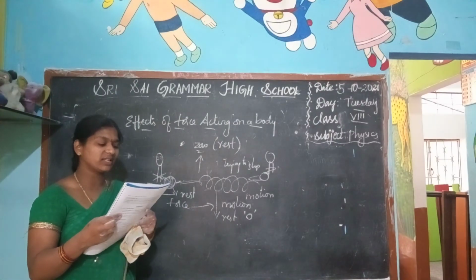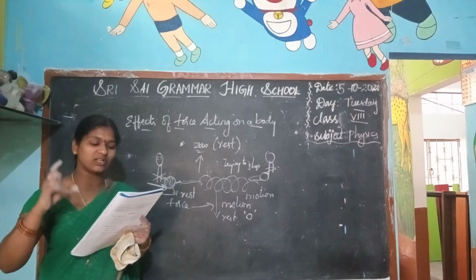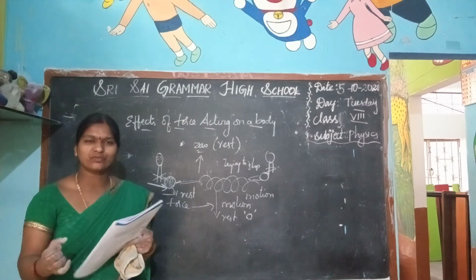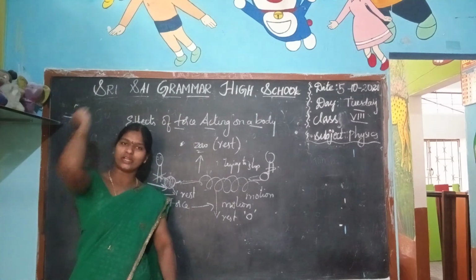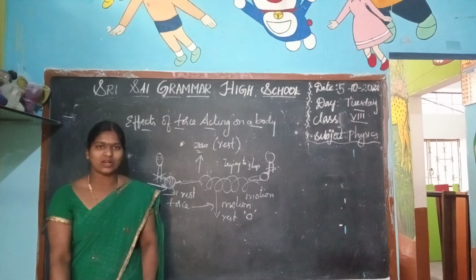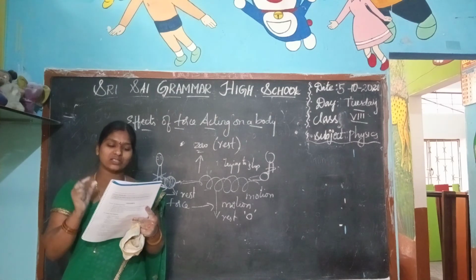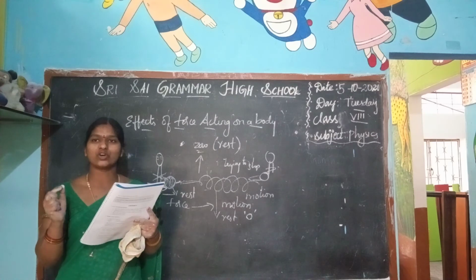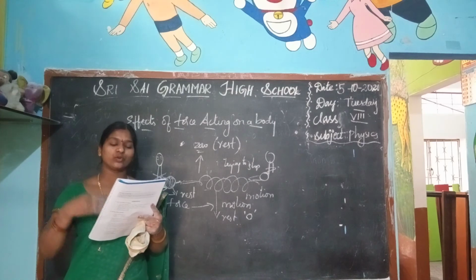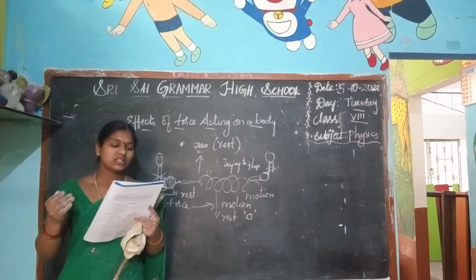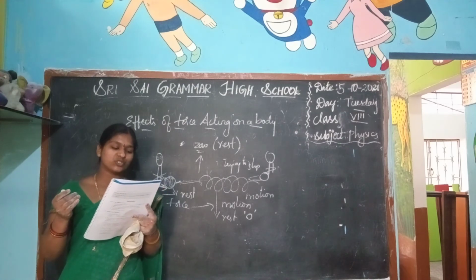Okay. So in the game of cricket, a bowler sets the ball in motion, whereas a fielder brings it to rest by applying some force. When he applies some force, he is applying the motion on the ball. Yes, in cricket, a force acts on a body moving with constant speed in the direction of its motion, and the speed increases. The force can change the state of motion of an object.